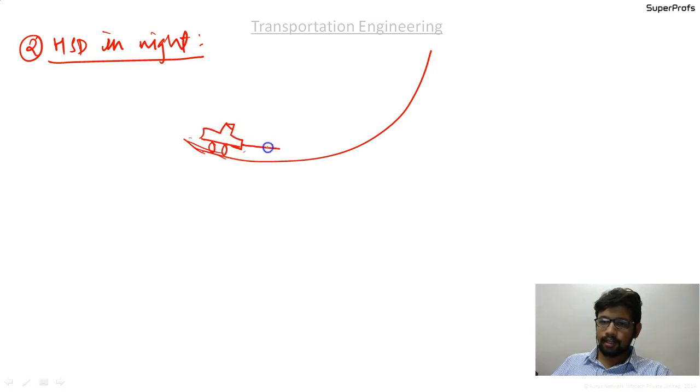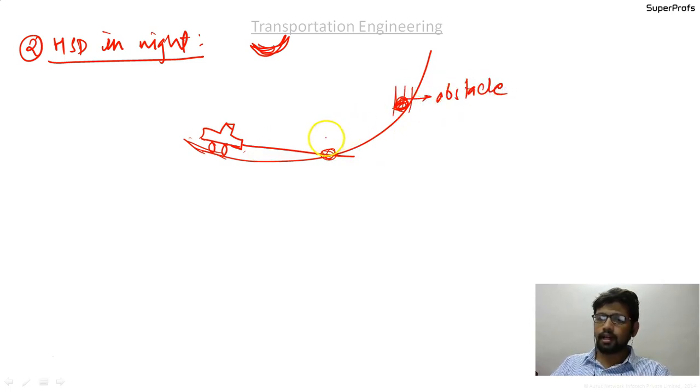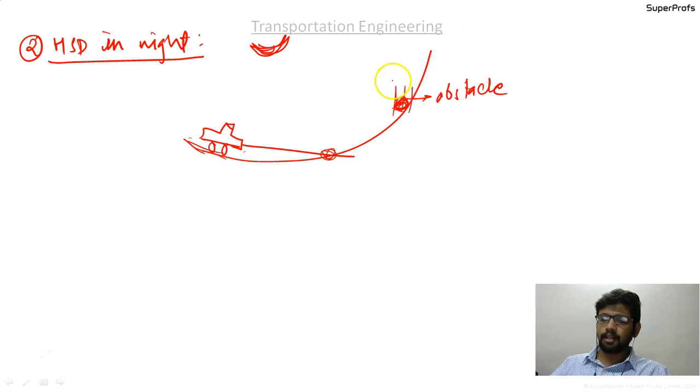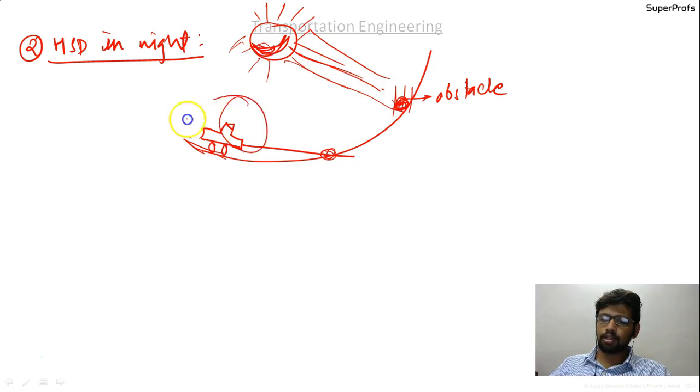Okay, its headlight will be going like this, but the obstacle will be here, and it is night time, so it is moving. The driver will be able to see this only, but this is the actual obstacle. The driver is not able to visualize this particular thing. This problem occurs at night itself, and if it was day, this object would have been visible to our driver here.